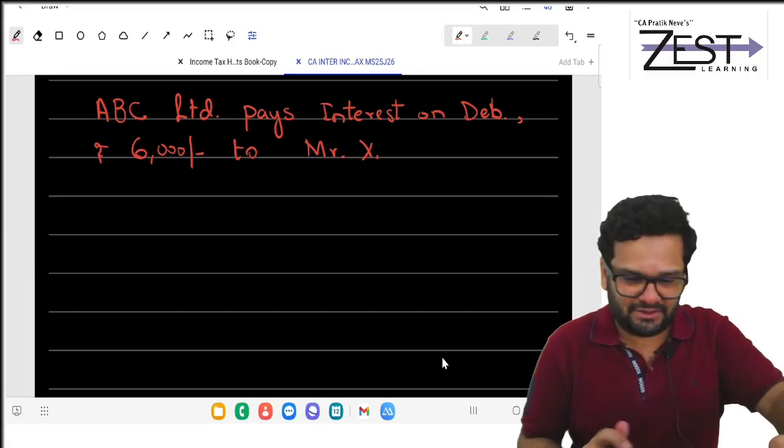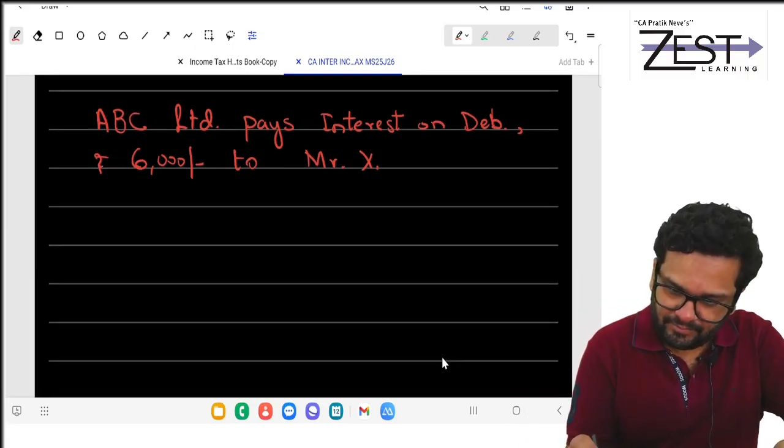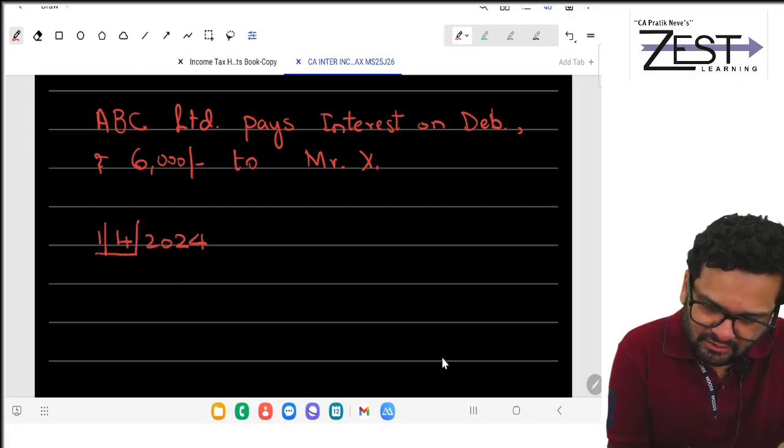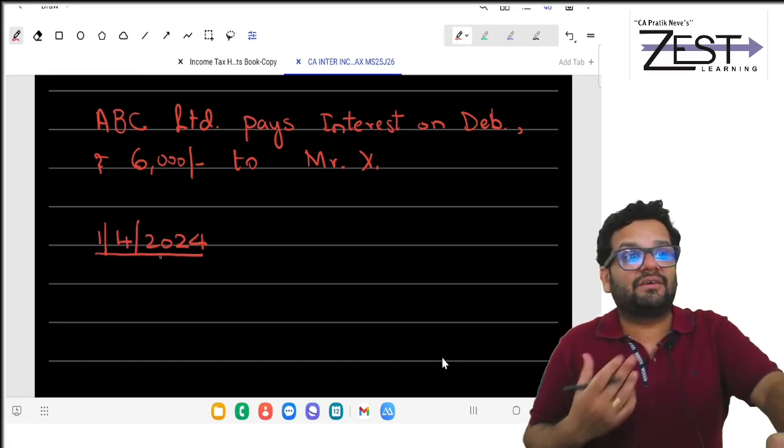What entry do you pass? Suppose on 1st April 2024, this interest becomes